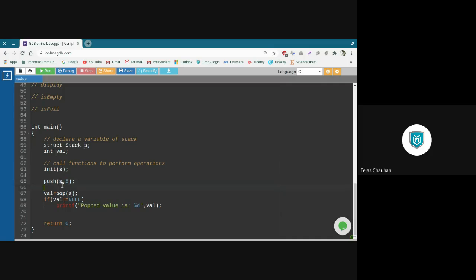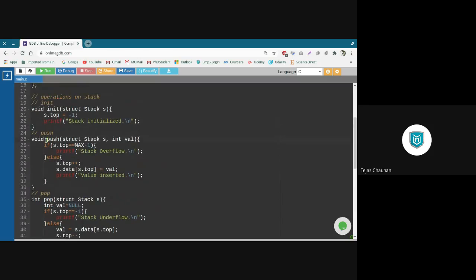And still what happens is, when I pass this stack variable a second time, then in the push function here, another copy will be generated, right? So in this copy, my top is not -1, it is some garbage value. Now that garbage value is not max - 1 either, so I don't get the stack overflow message, and it goes to the else part. Then it increases that top variable value. So whatever the garbage value is, it is incremented by 1, and still it is a garbage value.